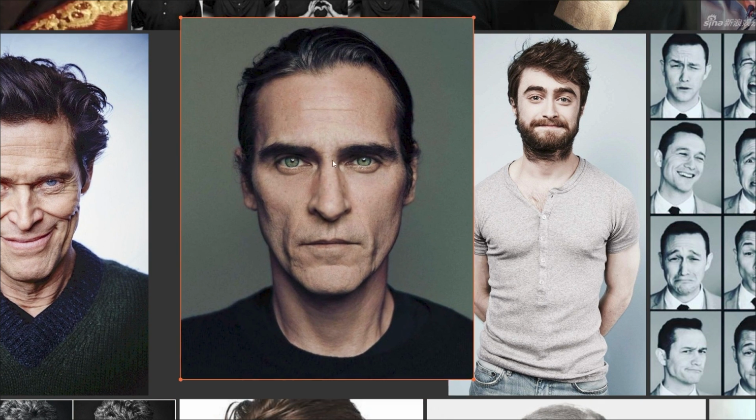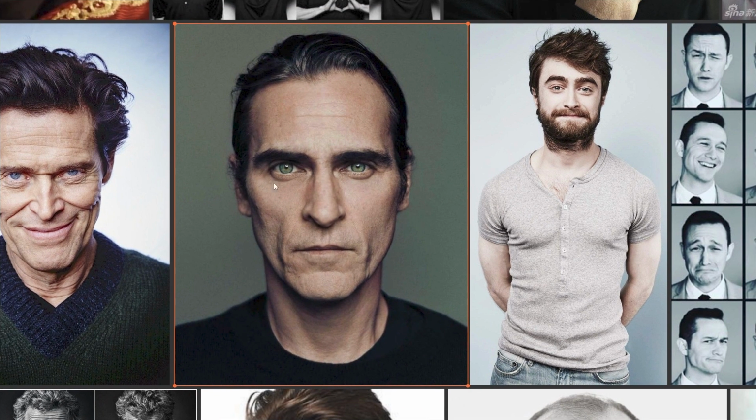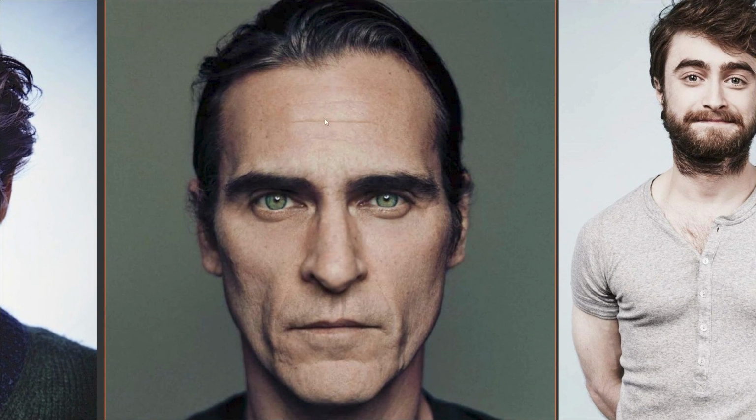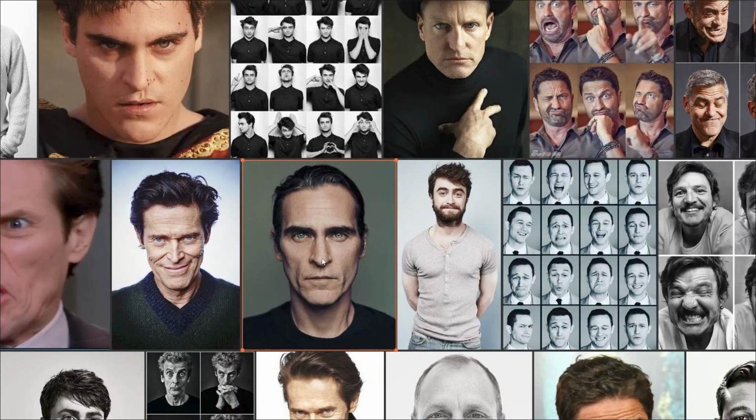I'm talking about Joaquin Phoenix, this one. It has a neutral face, kind of, and it has a few wrinkles that we can identify. Here at the top, some here at the bottom. So these are the type of things that we're going to concentrate on in this particular video, just creating the high frequency details of the face before we jump into the expression.